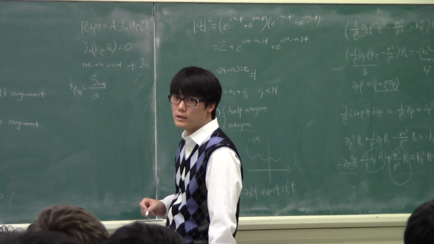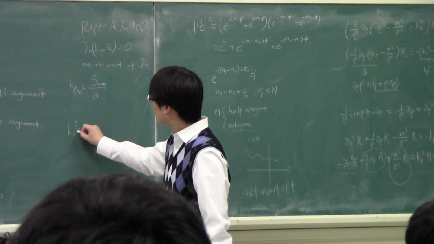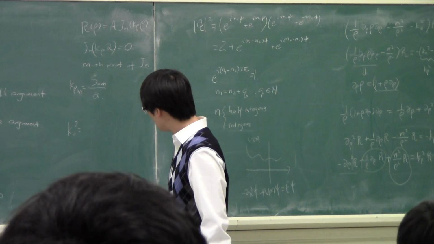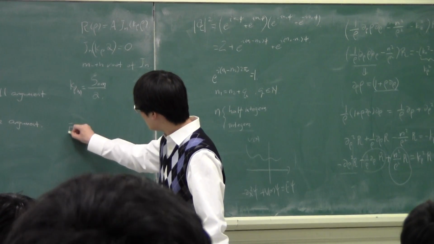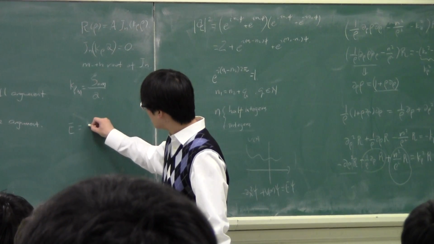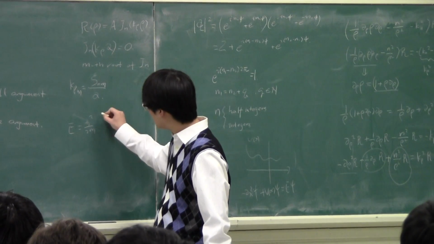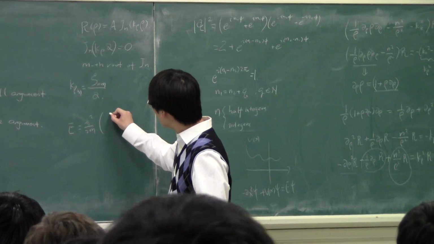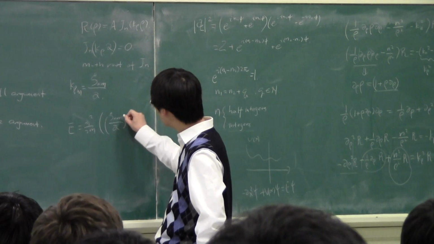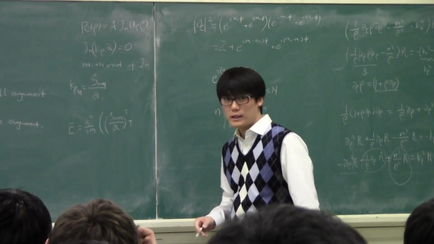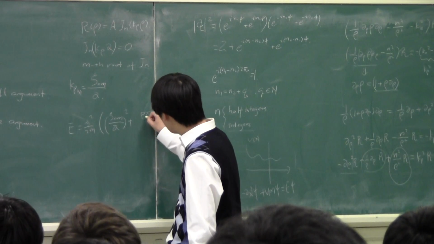Right? And I can write down the energy eigenvalue: E is equal to h bar squared over 2m times k naught squared, where k naught squared is just zeta nm over alpha squared, plus the kz squared. Kz squared is just p pi over